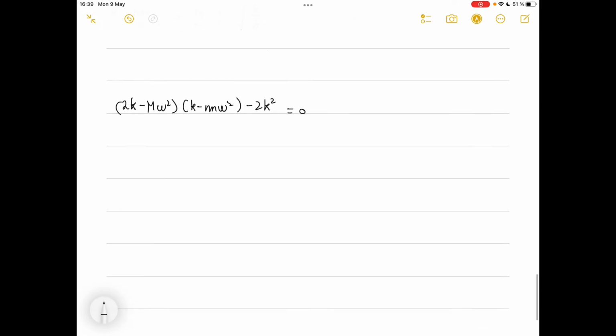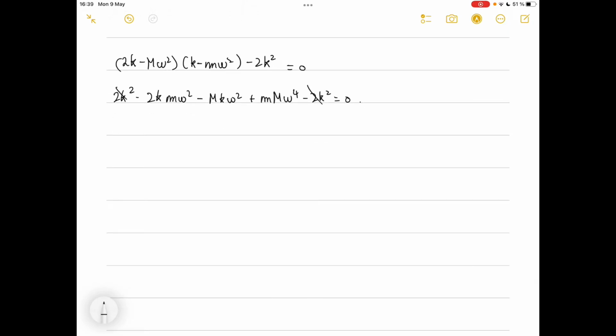Let's expand it out again. We'd have 2k squared minus 2k m omega squared minus mk omega squared plus little m big M times omega to the 4 minus 2k squared equals 0. Good. So these two cancel out, so we're left with the following equation: